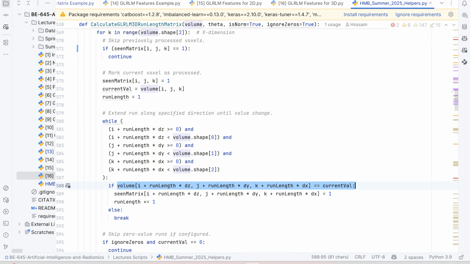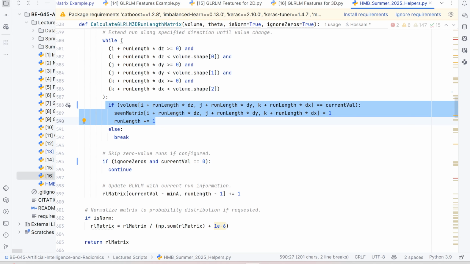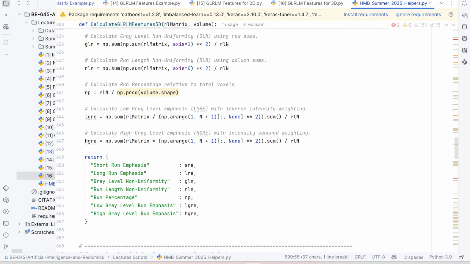And here we will check the current value as we did with the 2D version, but here we have 3 dimensions: i, j, and k. Then if you need to ignore zeros and the current value is 0, then ignore it and continue. Update the run length matrix and check if we need to apply normalization. If so, normalize by dividing by the summation plus a small value called epsilon,